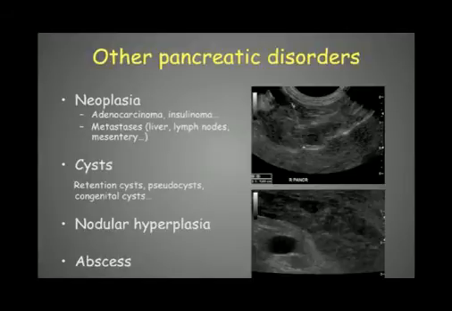The other pancreatic disorders that we can look for with ultrasound are multiple, but mostly it will be for neoplasia, so adenocarcinoma or insulinoma. But we have to keep in mind that those neoplasia, especially the insulinoma, can be quite small, even if they provoke the clinical signs of hyperinsulinemia and then hypoglycemia, clinical signs that can be very important for the dog. And with the seizures, it doesn't mean that the mass will be very big on ultrasound. So a small nodule like that could be representing an insulinoma, for example, and then it will be very difficult